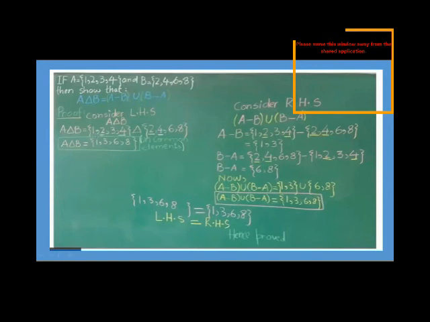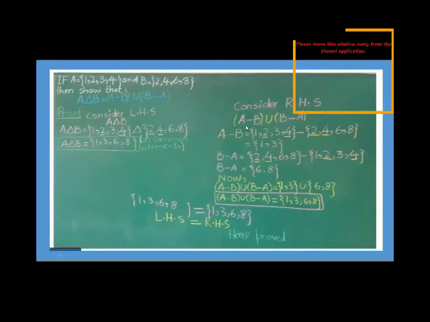Like in set A, we observe that 1 and 3 are uncommon, so we write 1 and 3. And here 6 and 8 are uncommon, so we write 6 and 8. Keep in mind, for finding delta or the symmetric difference between two sets, we write the uncommon elements of both sets and write these elements in sequence. In this way we have the answer 1, 3, 6 and 8.